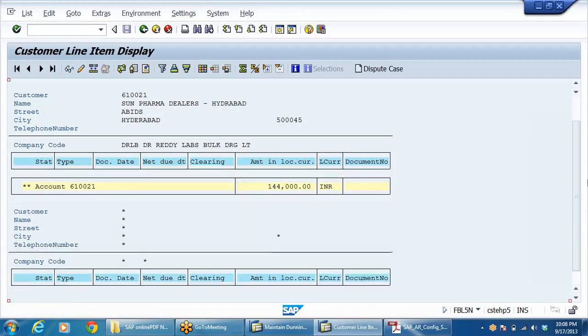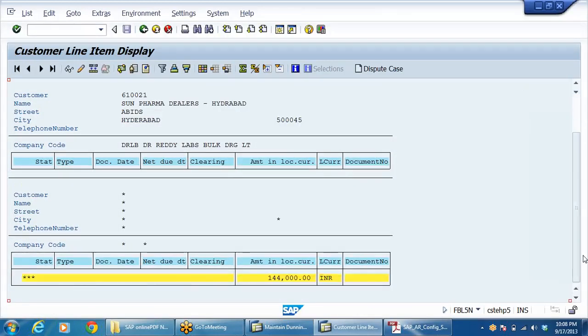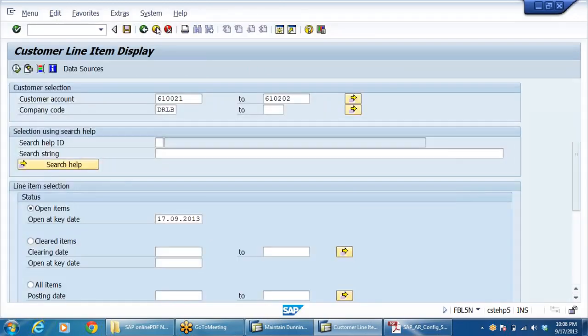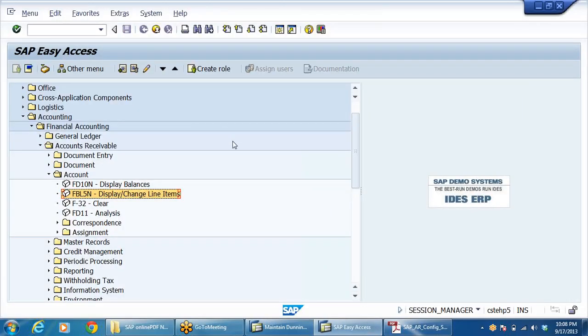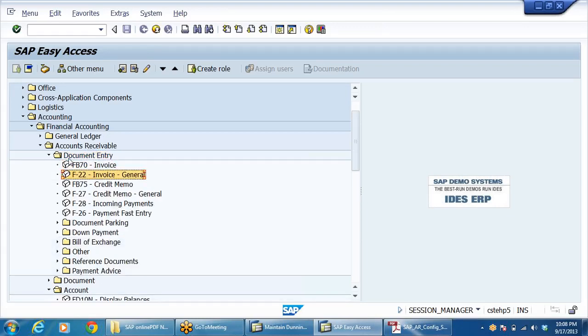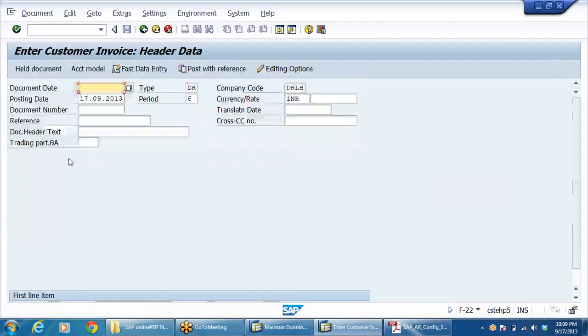Here only one invoice is outstanding, that's all. Okay, let me post a few entries. All right, go to F-22, raise the invoice. With a little old date we'll enter.